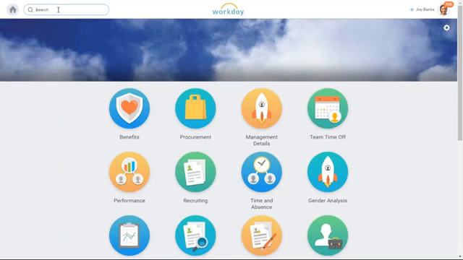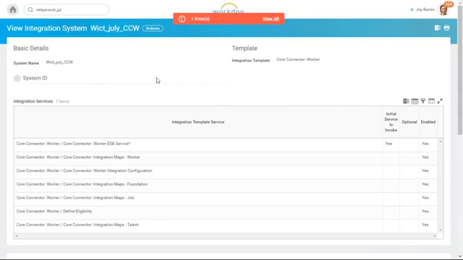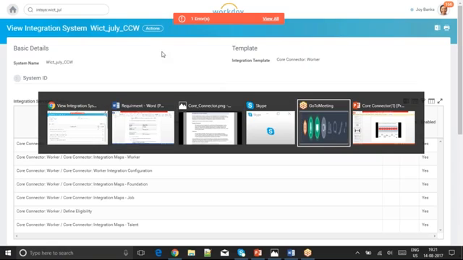We have built an integration, so let me search for the existing integration. In the previous session we just selected the template. So let me open that integration and see. This one, CCW core connector worker. This is the integration that we have created, and we have multiple steps in